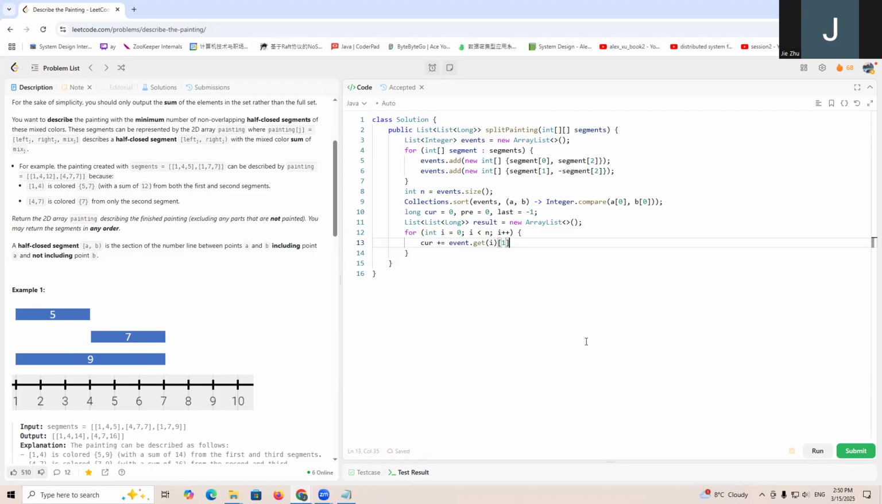So it may be color entering or color leaving. It may be positive or negative. So we'll say if I equals n minus 1 or event get I 0, if the time doesn't equal, that means we'll finish this group, right? So events get I plus 1, 0. If doesn't equal, then what we do is that